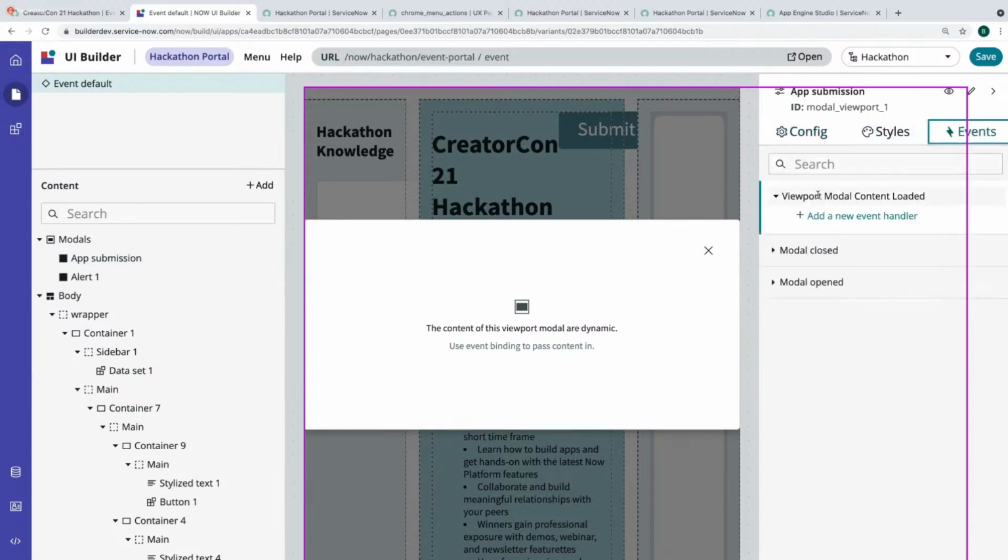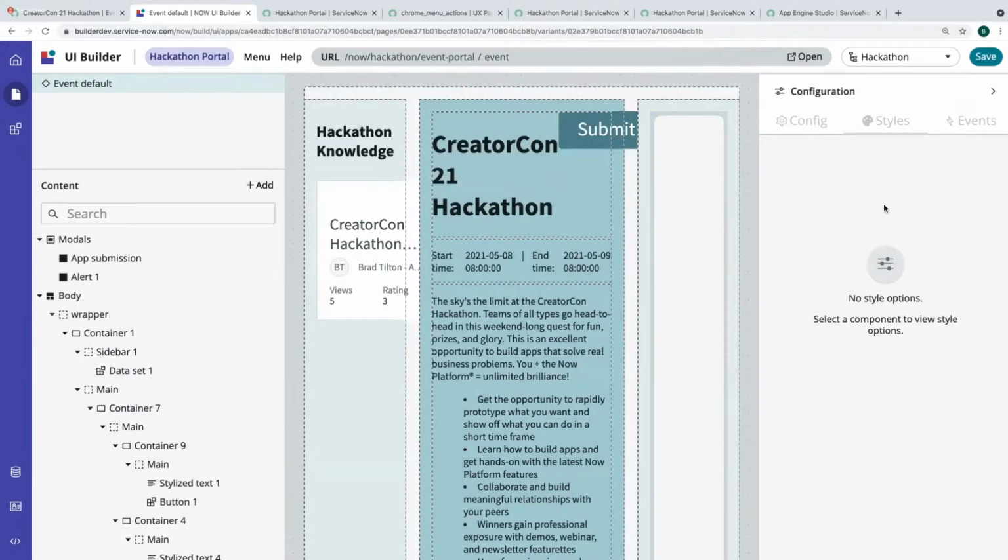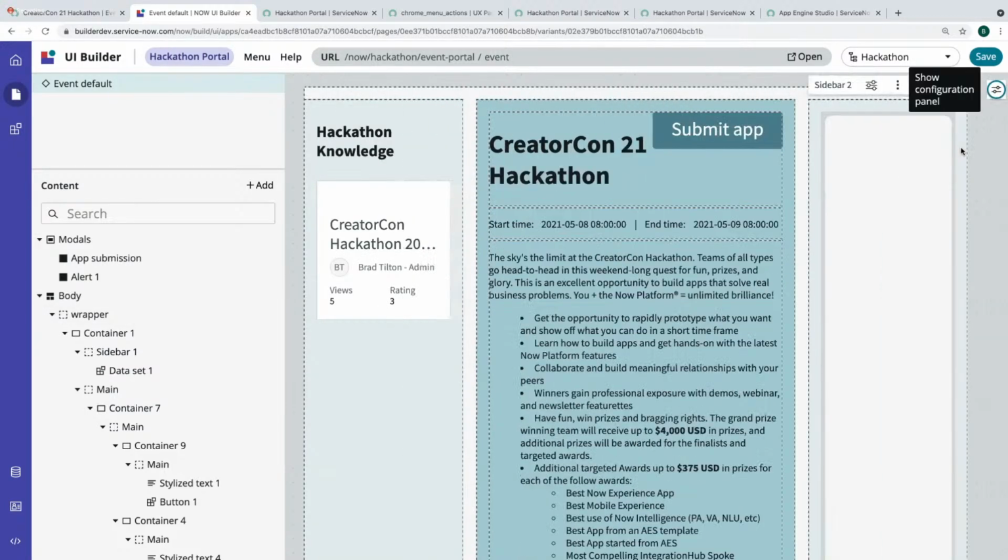All right, the events on the modal is basically you can fire things once the content is loaded. Right. Yeah, I mean, sure, well, that's not going to do anything. All right, we're going to come back to this. We'll post something on how to do it, or maybe we'll do a UI Builder Bytes video on it since it seems to be more complex than I thought it would be. Okay, sounds good.